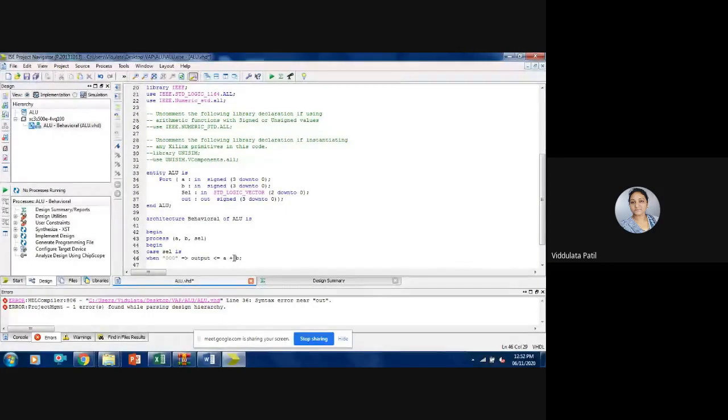If it is, when select input is 001, then output, actually we have just written out, so this should be out only, is assigned as,